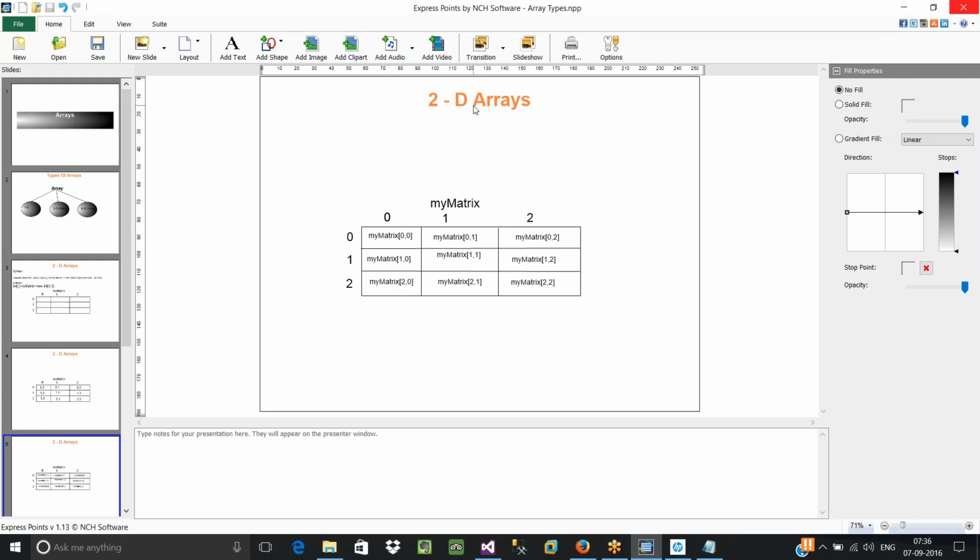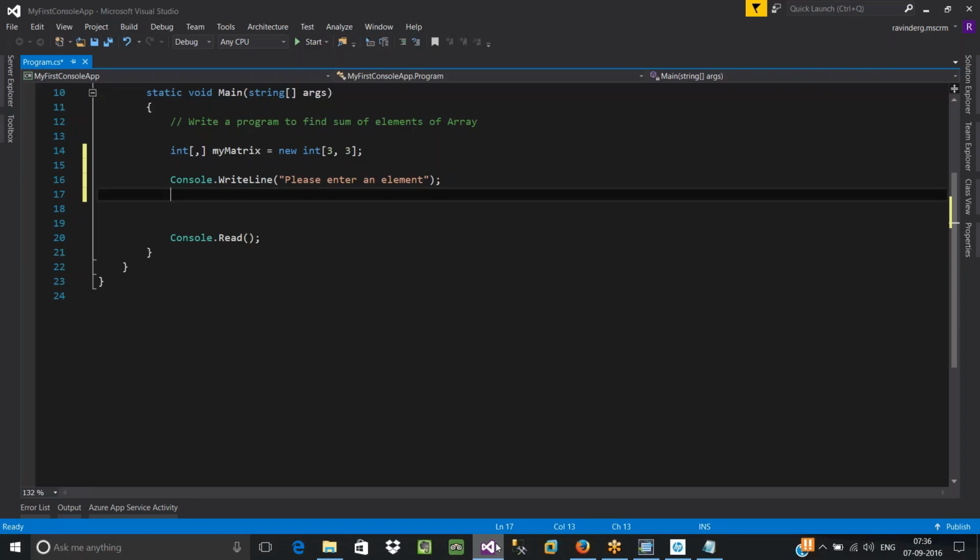So whenever the user enters the first element, first you have to go to the first row and start filling all the columns. So the first element should be stored into the first column of the first row, which is nothing but my matrix of 0, 0.